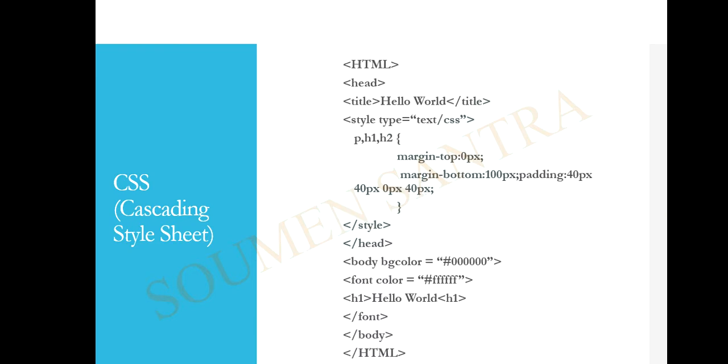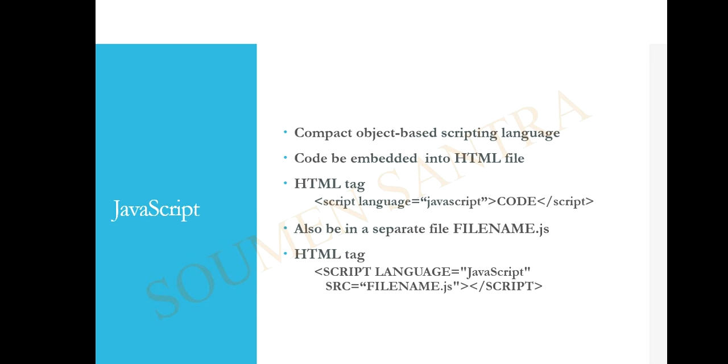This is one example of CSS. Here you can see I can import the style for P, H1 and H2. With the help of this code, we can import this style into our HTML. Here I embed HTML with CSS. This is a common format where I can show you how to display hello world. By default it is black in color, but after importing CSS we can give it a different color and different styles. The 4px, 0px, 40px, 40px mean pixels, and px works based on xy coordinates.